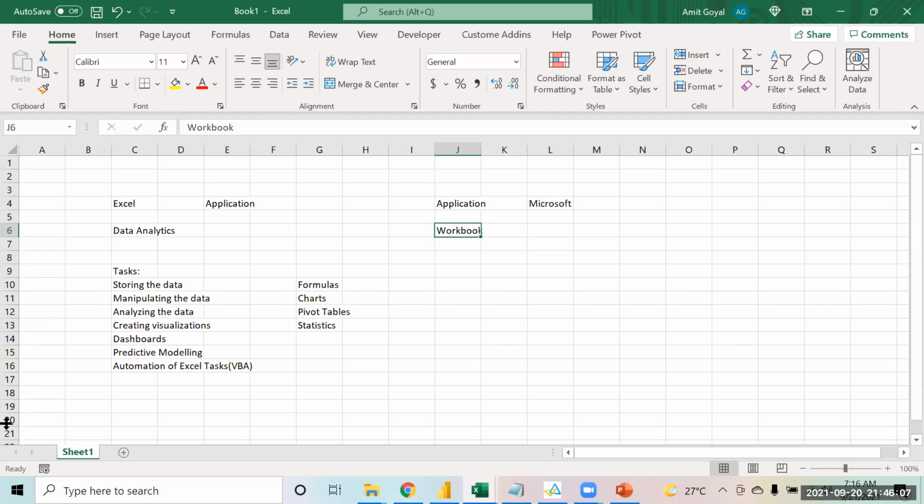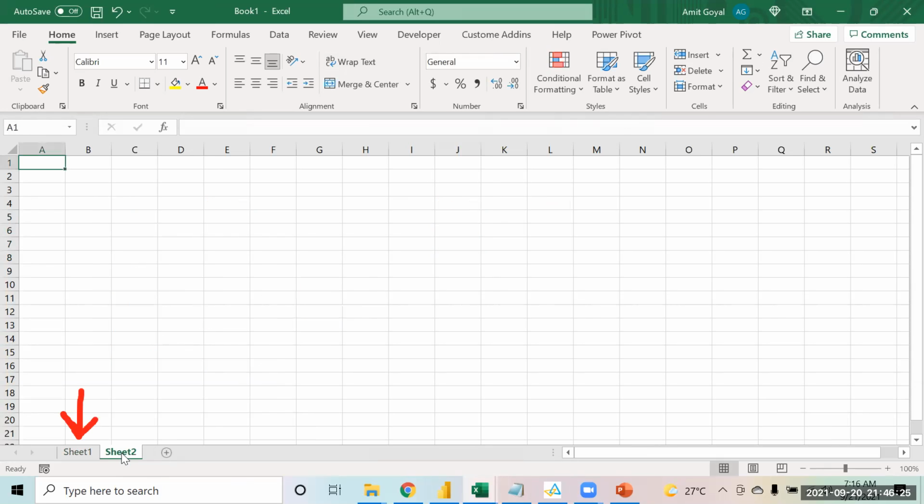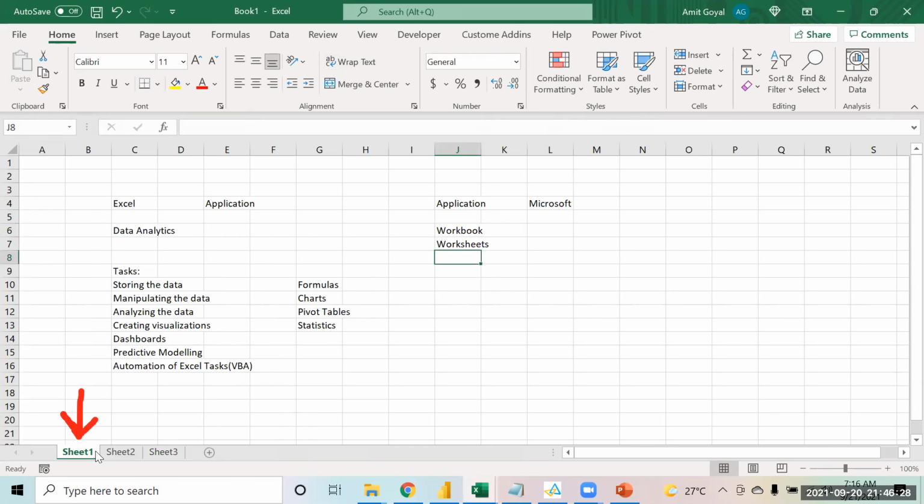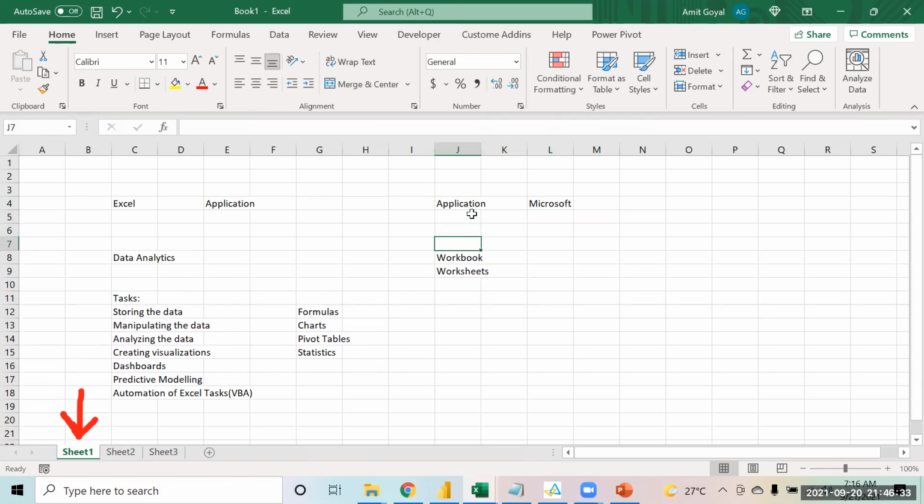In a workbook, you have multiple worksheets. This is the Excel workbook that we have opened, and within it there are sheets. You can add as many sheets as you want inside it. I'm just talking about the structure of Excel: you have a workbook, within the workbook you have worksheets, and within the worksheets you have cells.